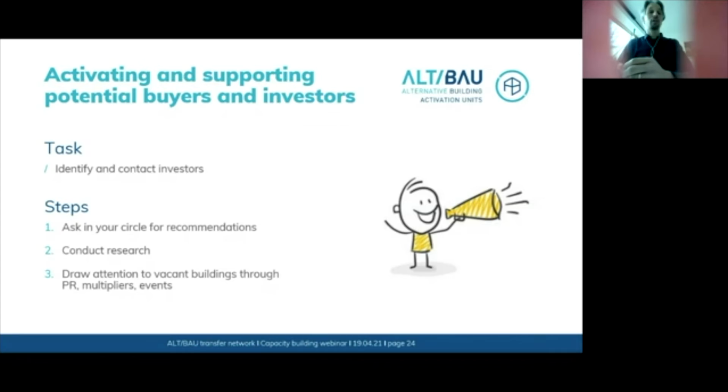For example, you can use relevant groups in social media. You can also use professional real estate portals to inform about these vacant buildings. You can also join housing and real estate fairs. You can have an information stand there, and there often you find investors and you can get in touch with them. You can also write articles in owner association or real estate magazines,